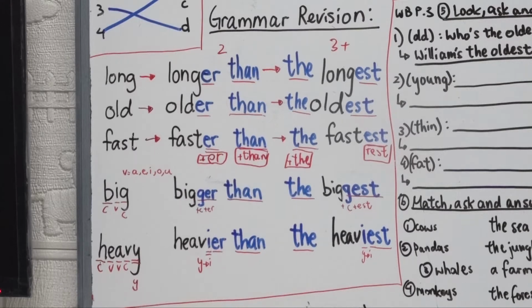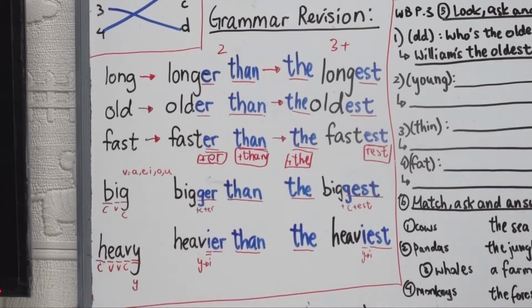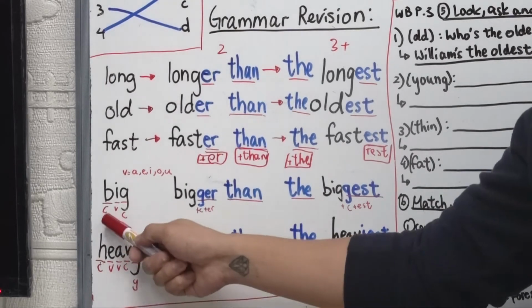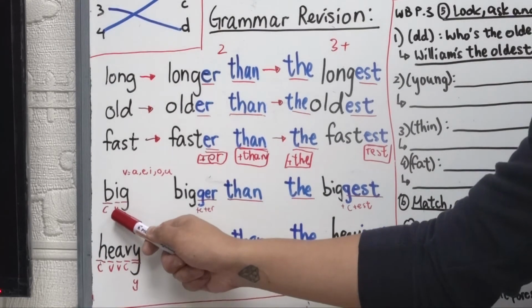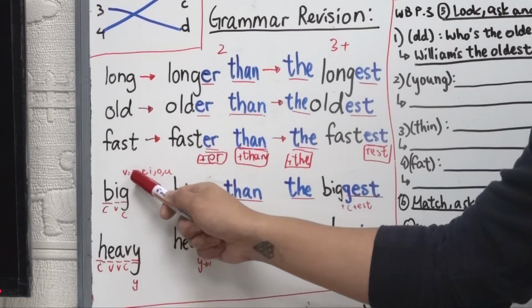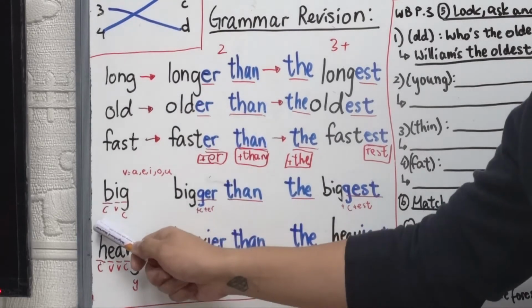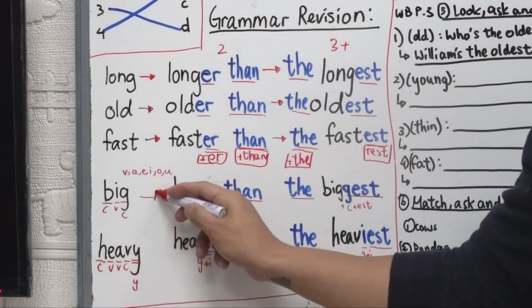No? Alright, good. Now let's move on to big and heavy. I wrote down some letters here: C, V, and C. C means not a vowel, not A, E, I, O, U. V means vowel. Vowels are A, E, I, O, U. So when we have a C, V, and C, like big,